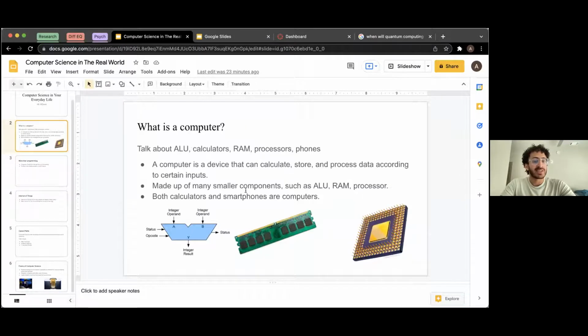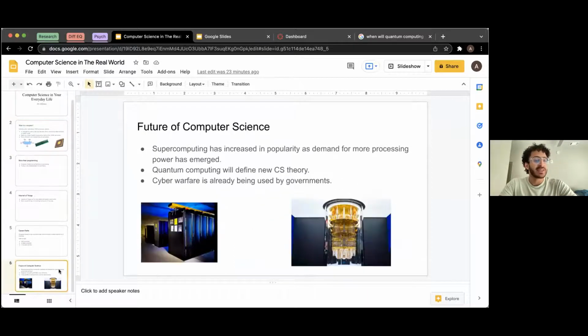So that's what I'm most interested in, the insides of a computer and how they work and how we can make them better today. I will say though,